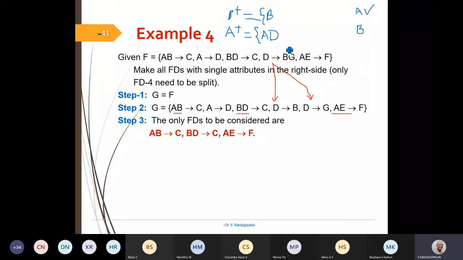So D is a subset, so I can add BG. Now it already includes B, and hence this is extraneous. That means I can remove B.